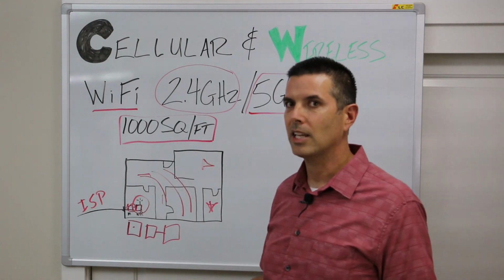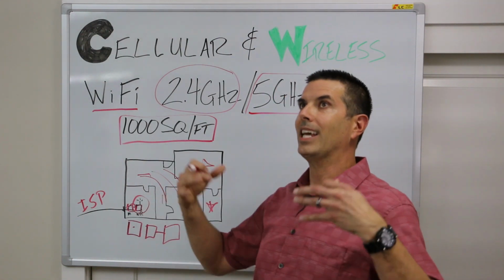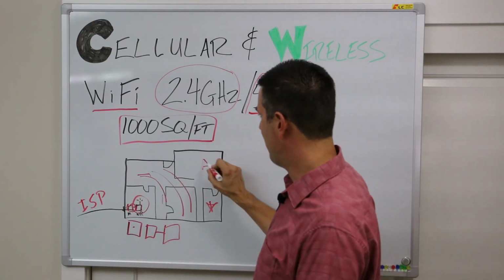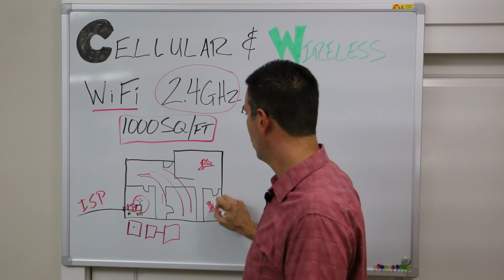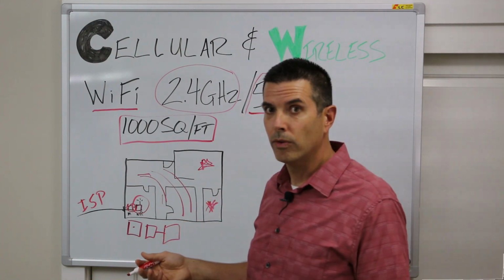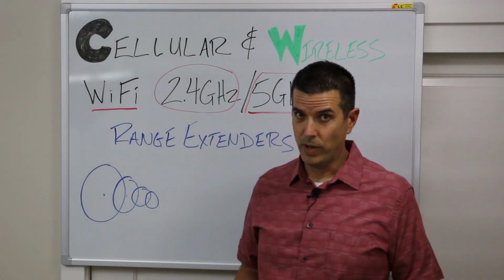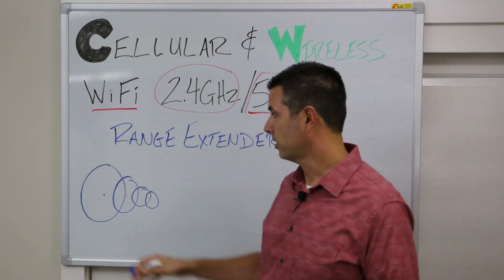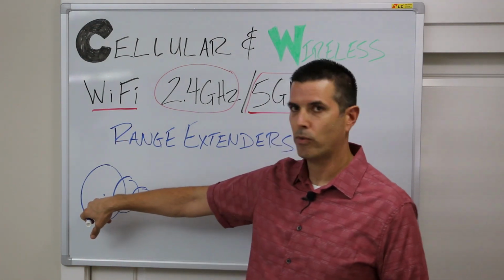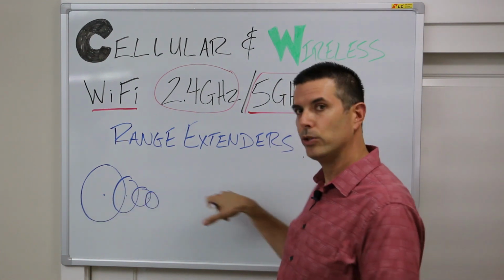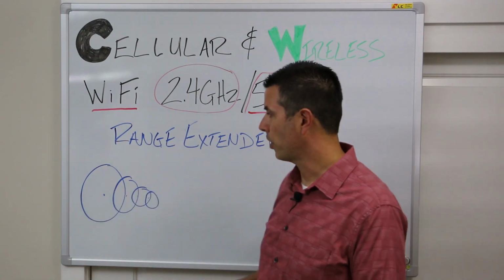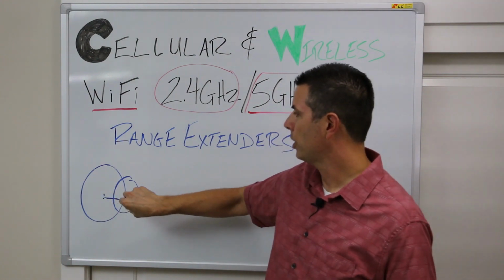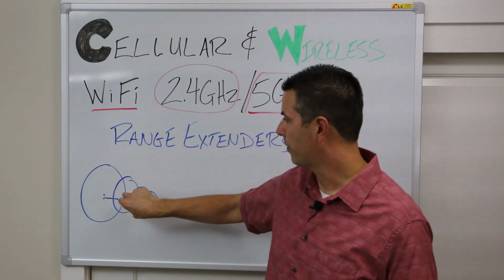But what happens if you are in a house that's bigger than that, that's more than 1,200 square feet, and you're getting that bad service in the back rooms? What do? So one of the options you have is to use a range extender. That takes the signal from your central Wi-Fi router and boosts it as you go down so you can reach farther. So if your Wi-Fi router only gets this far, you can use range extenders to get farther and farther